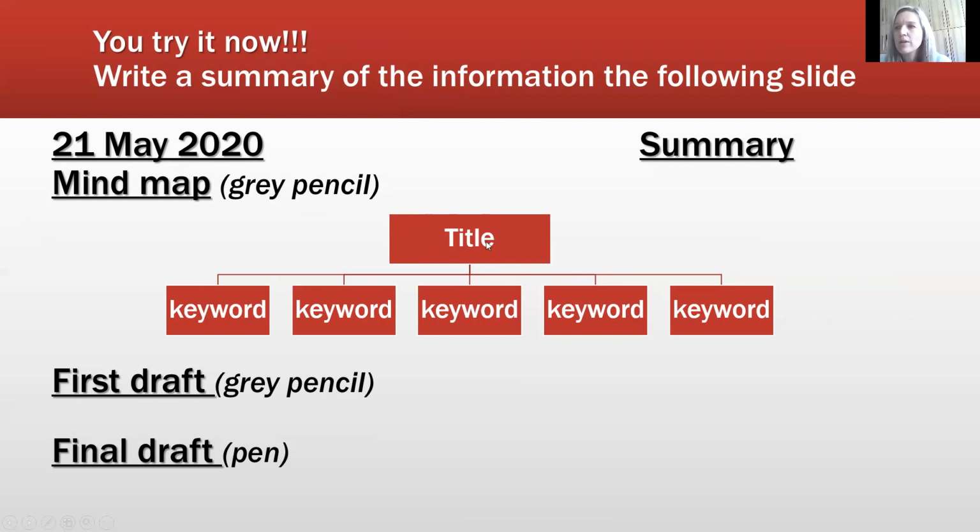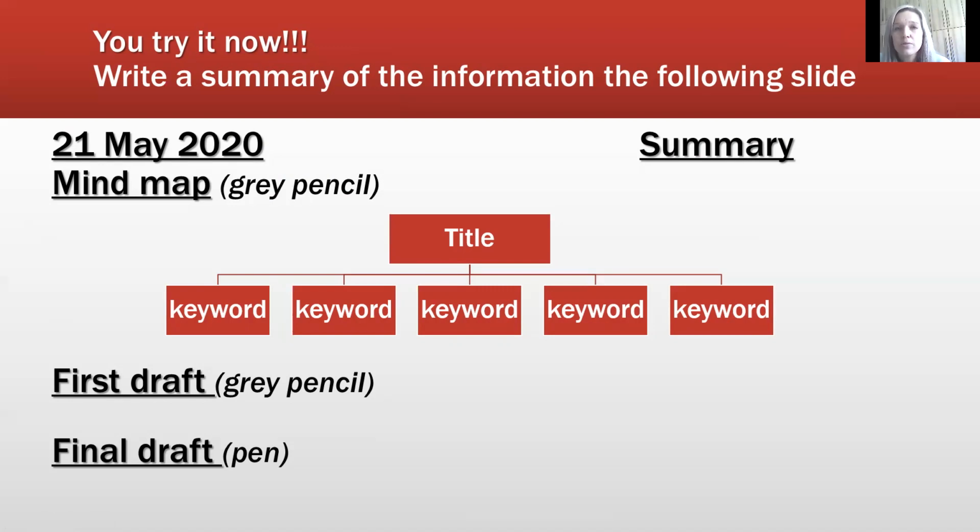Right. The top block, you write down your title, and then you write down your 5 key words for your 5 sentences. I want you to try and write down 1 word that's your key word that you're going to write your sentence with, but you can write 2 words as well. You'll see with the information that I'm going to give you, you may at some instances want to write 2 keywords, but remember, the general rule is to only write down 1 or 2 keywords. Okay, if you're done with your mind map,